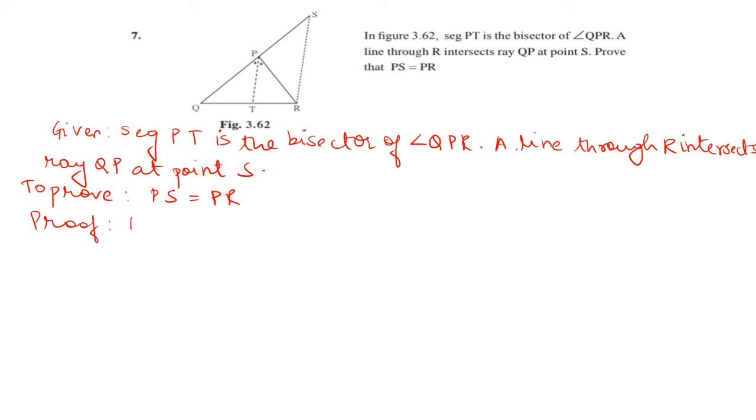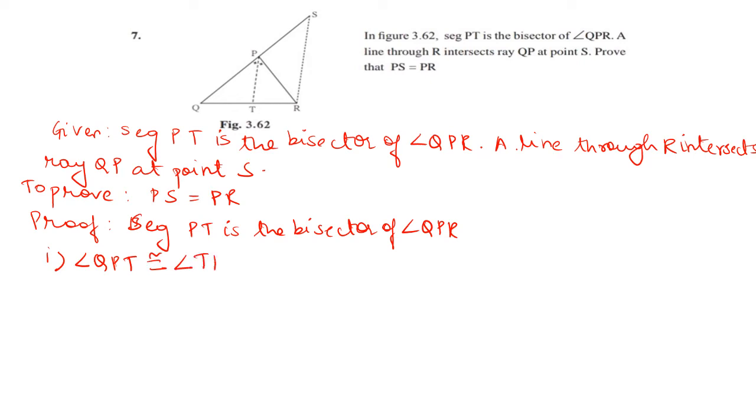So first thing is that segment PT is the bisector of angle QPR. So we can say that angle QPT is congruent to angle TPR. Okay, QPT is congruent to angle TPR